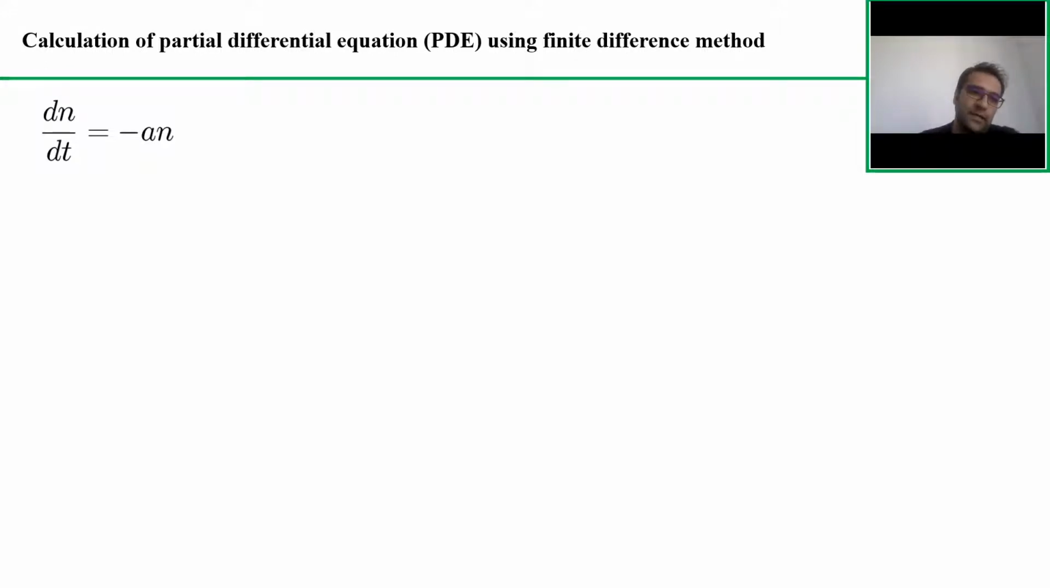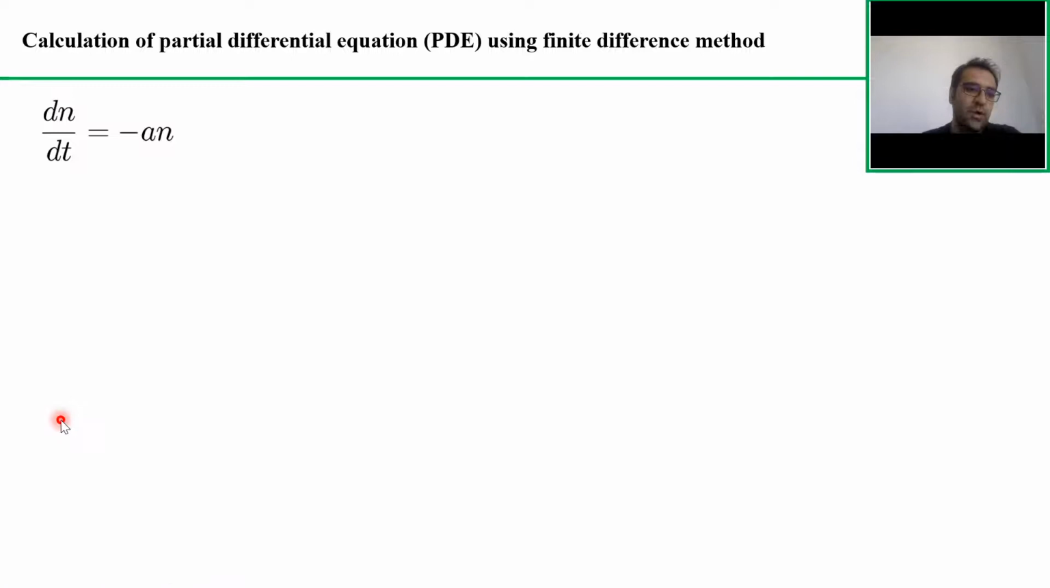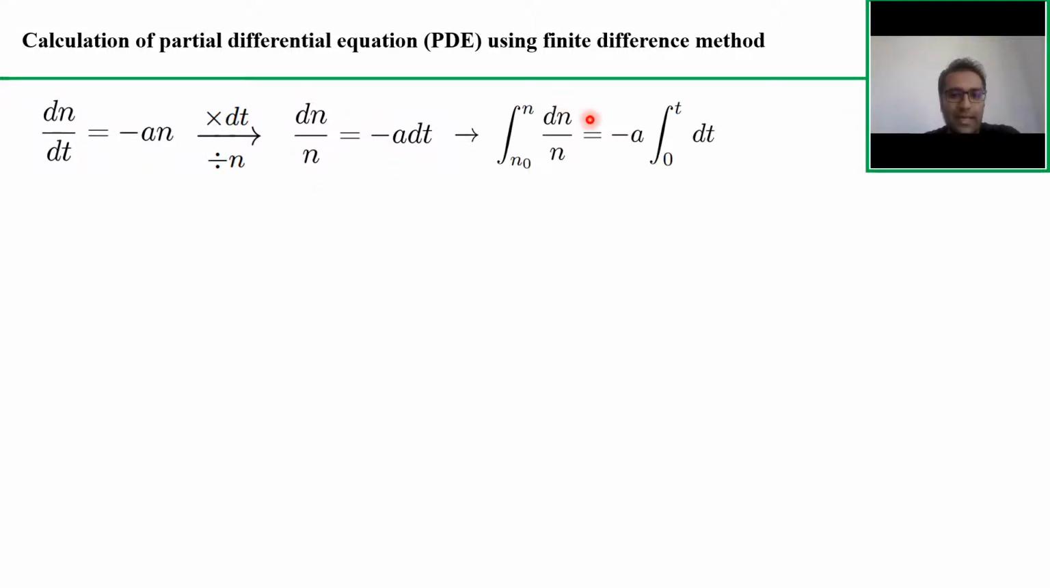So here you see, let me choose the laser pointer to be a little clearer. Okay, here you see a very simple differential equation, and we know that it has a very simple analytical solution. If we multiply both sides of the equation by dt and divide by n, we will have dn over n equal to minus a dt. In this equation, a is a constant, and if we take the integral of both sides, from n0 to n and from 0 to t, and we know that the